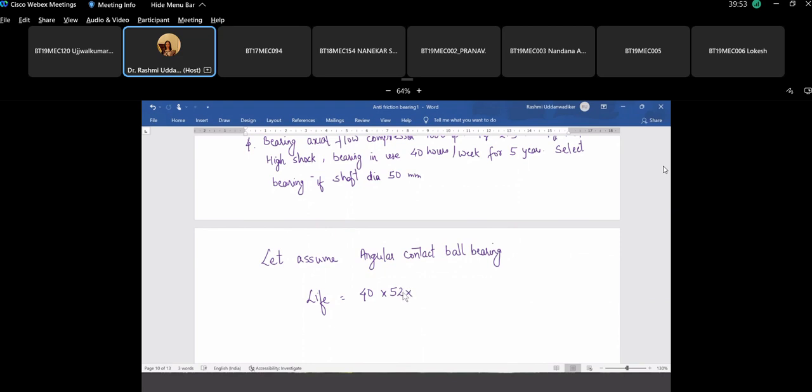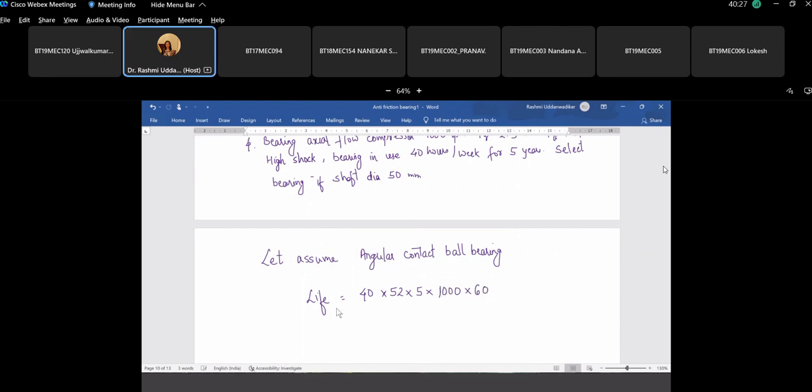As per the problem, this is working for 5 years. So for 5 years, 52 weeks and 40 hours per week. And in 1 hour, how many revolutions would this be subjected to? It is 1000 revolutions in a minute. So in 1 hour it is